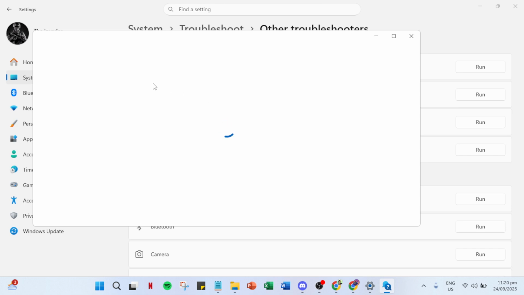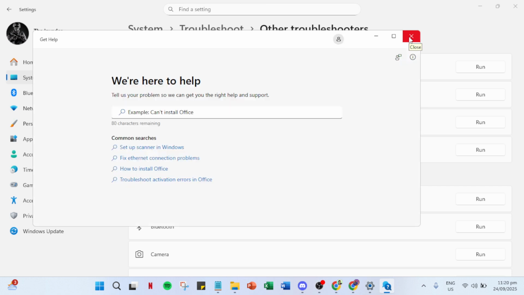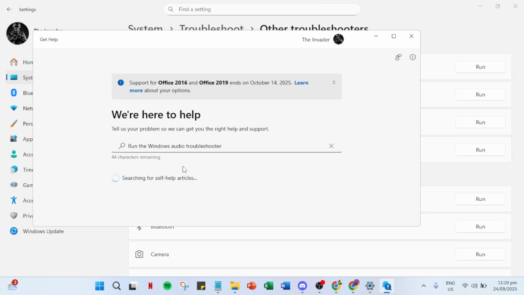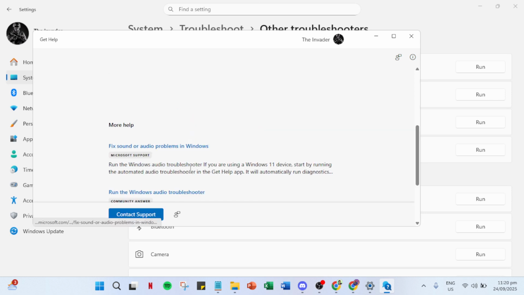There you have it. These steps should help you quickly address and fix any audio-related problems you're facing on Windows 11. By leveraging the built-in troubleshooting tools of Windows 11, you've not only worked towards solving your current issue, but have also empowered yourself for tackling similar challenges in the future. If the problem persists, further technical support might be required. But these steps are a great first line of defense against common audio issues.